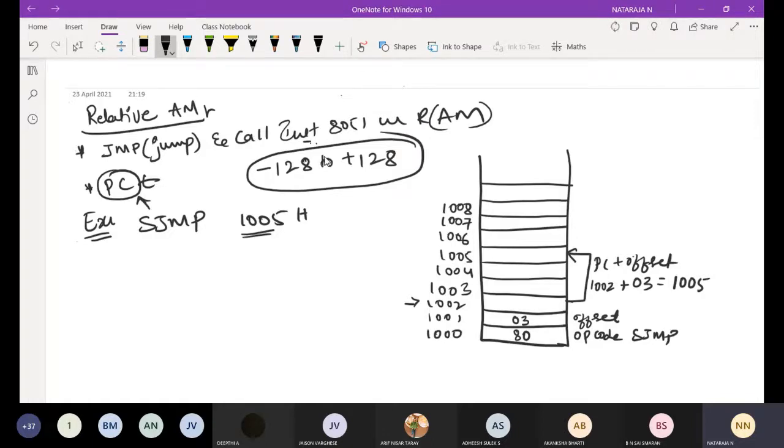The offset value is stored at 1001. What is the offset value? 03. Then the program counter will be at 1002. Then it will jump to 1005 with program counter plus offset. This is how we find the SJMP address. When we study this instruction, you will clearly understand what exactly SJMP, LJMP and AJMP are, the different types of jump instructions we are going to discuss. Okay, make a note of this.